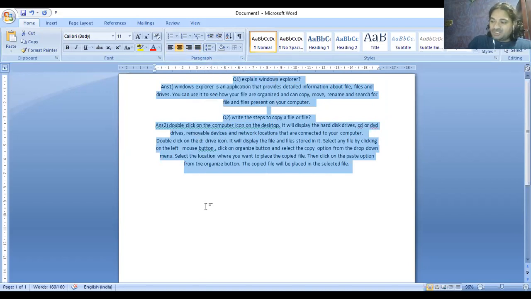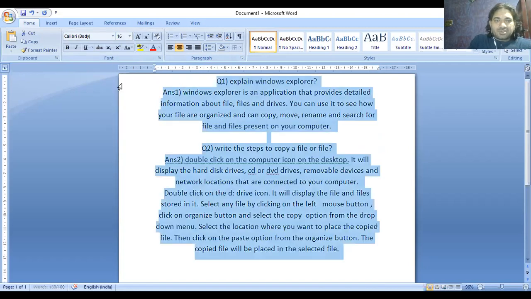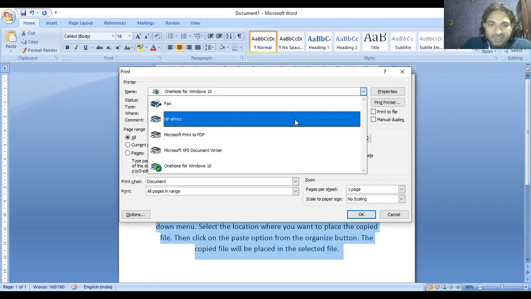Last part, page number 76, how to print a document. First of all I'm increasing the font size of the content. I made it 16. For printing also there is a shortcut key, Control P. Once I click Control P, this dialog box will open. Select the printer.